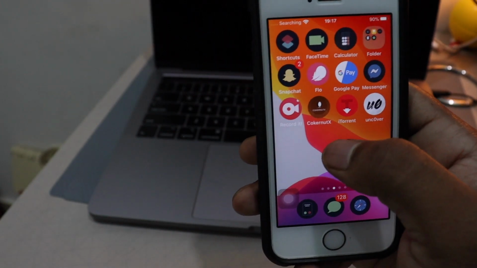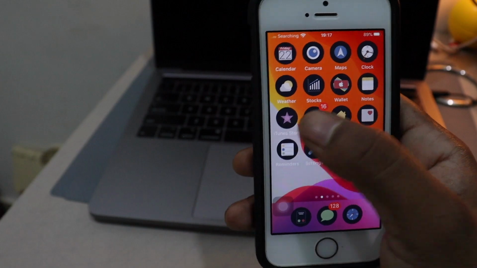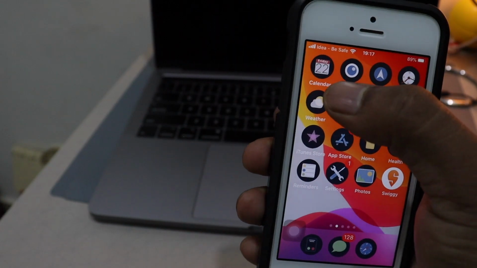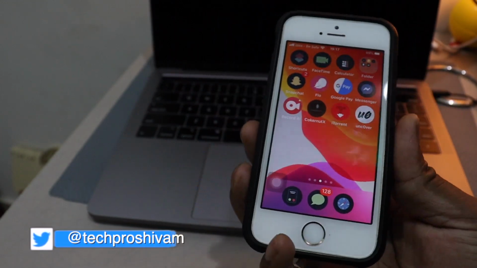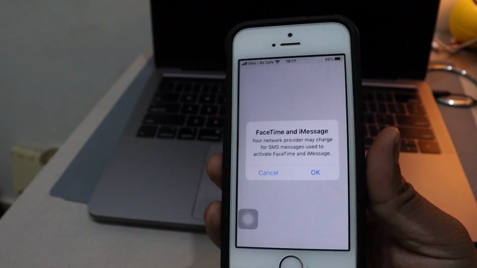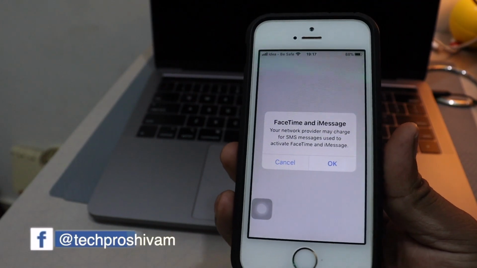Go check out, guys. Install this Coconut X and even AppCake. As you can see, I am recording on a Friday, and these two are signed right now. It might be revoked tomorrow or the day after tomorrow. No idea. Maybe after that they will sign it.